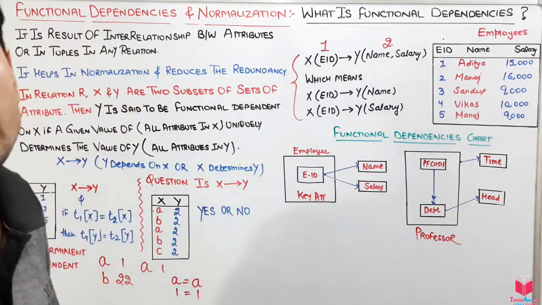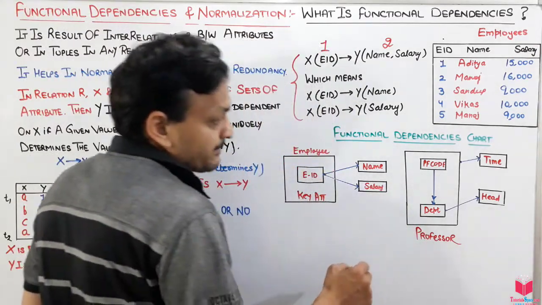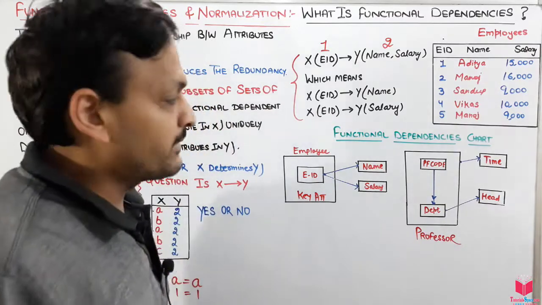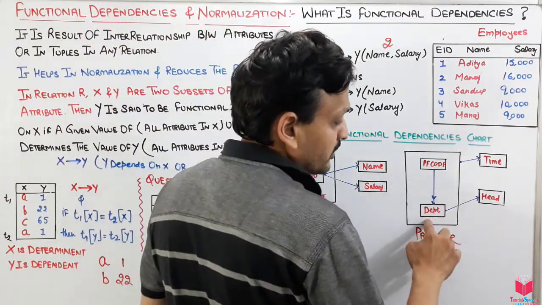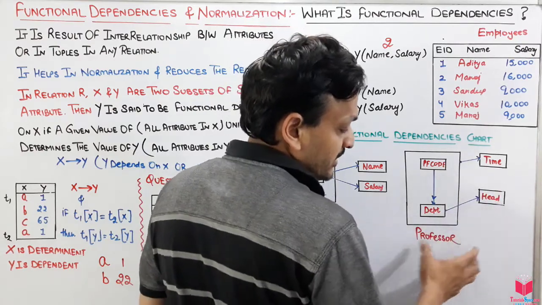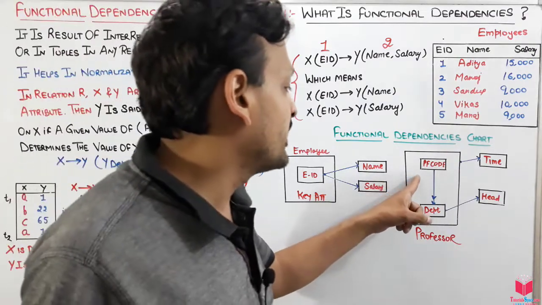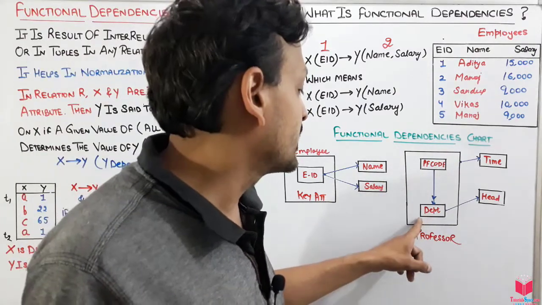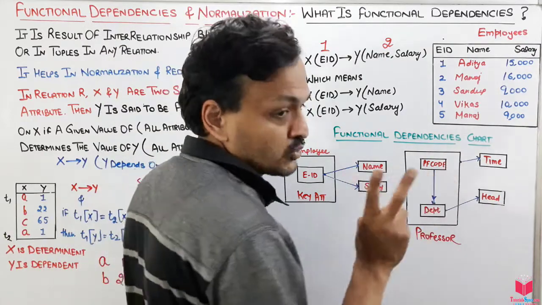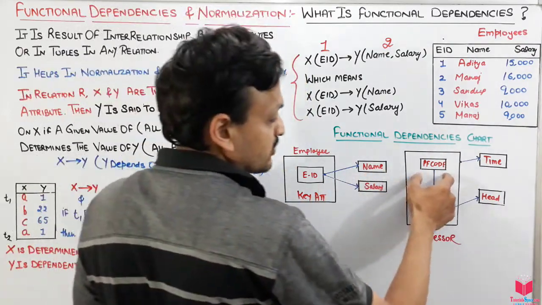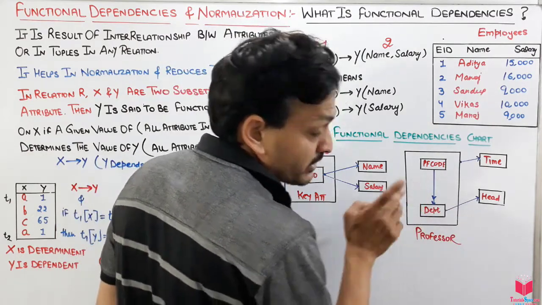There is another example which is quite easy, but you have to remember one thing. See, there is a table which has 4 columns: professor code, department, time and head. There is a table named professor. In the professor table we have 4 columns: PF code, that is professor code, department, then time and head. So in a rectangle we have entered the 2 keys, that is professor code and the department. Okay, so this has 2 arrows from PF code to department.